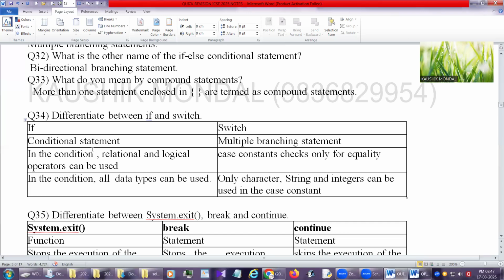Differentiate between if else and switch case. If else is a conditional statement, and this one is multiple branching. In if else conditions, relational and logical operators can be used, while case constants check only for equality. In if else conditions, all data types can be used, but here only character, string, and integer we can use.